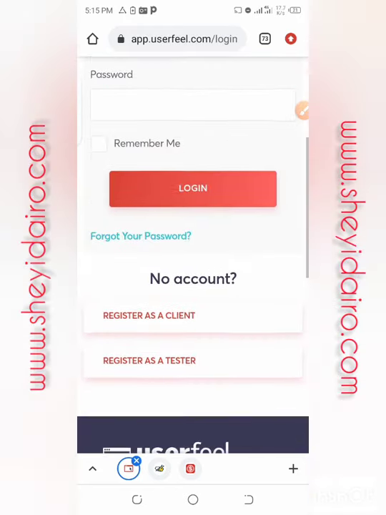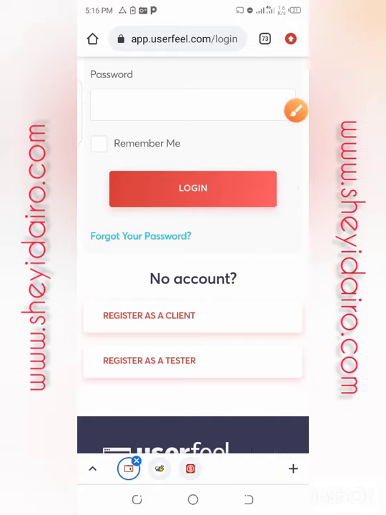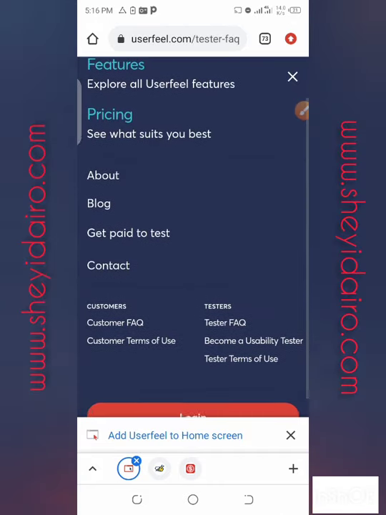So from here now, register as a client or register as a tester. So you have two options here. Now you are going to click register as a tester. That is one means, right? Let me go back again and show you other means. You can click here now,